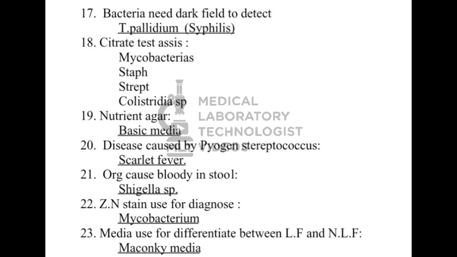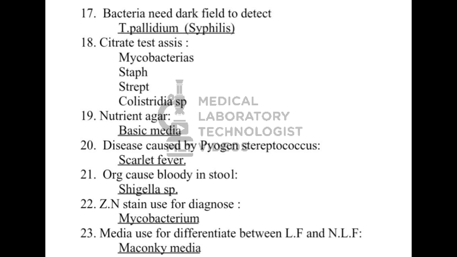Answer should be Treponema pallidum. That is the main causative agent of syphilis. Next question is, citrate test helps the diagnosis of. Options are mycobacteria, staphylococcus, streptococcus, and clostridia species. And the answer is,